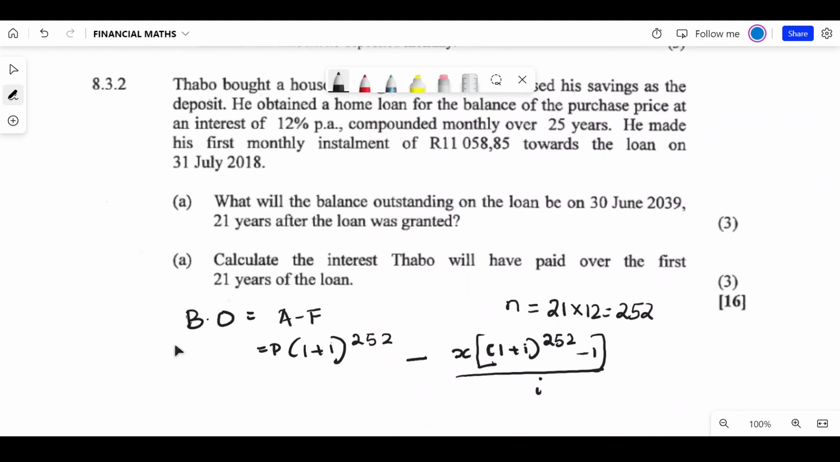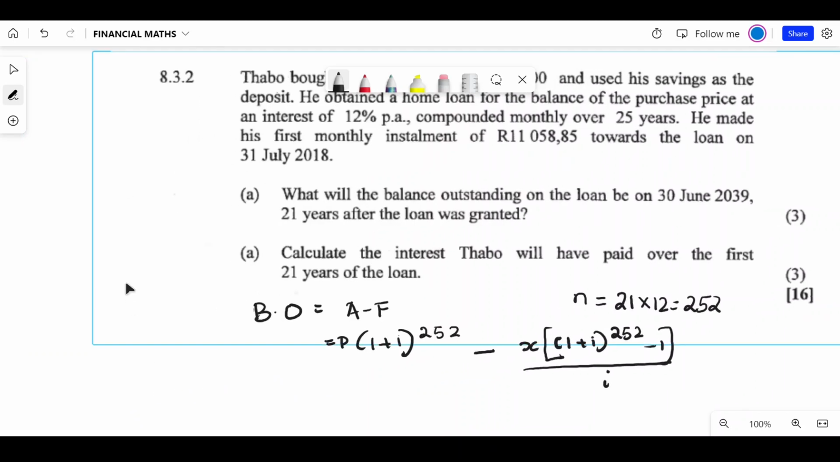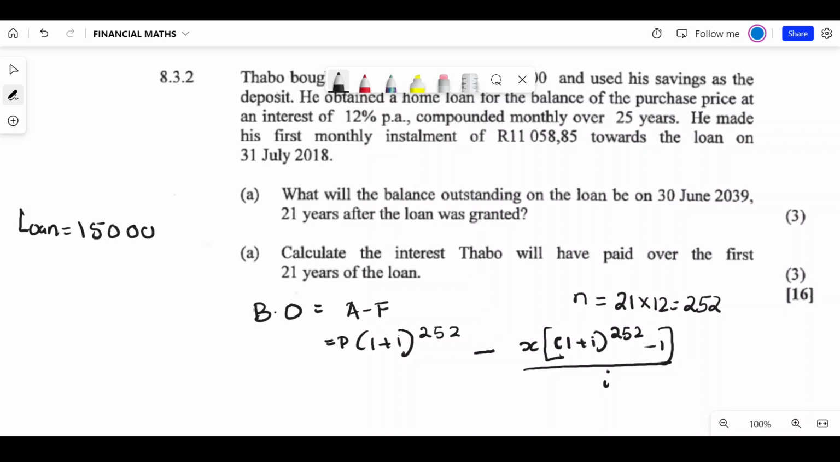The P will be the loan amount. So let me write here for you now. The loan amount is going to be 1.5 million minus the deposit, 450,000. So that will give you 1,050,000. So that is the loan. So when you are finding the balance outstanding, you use that loan,